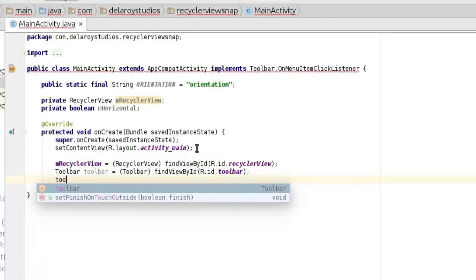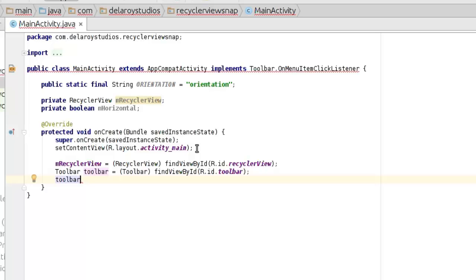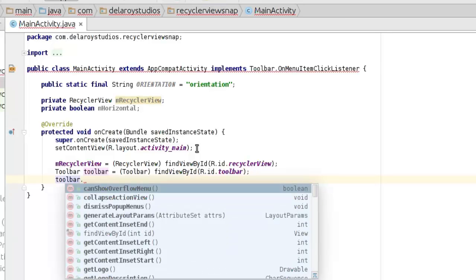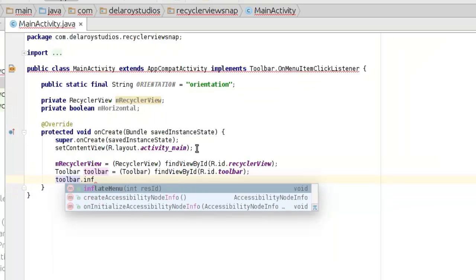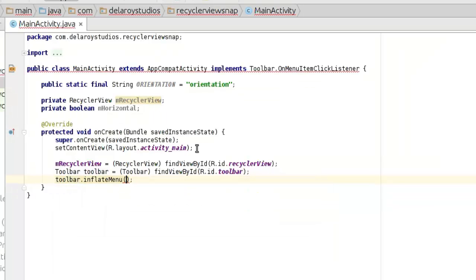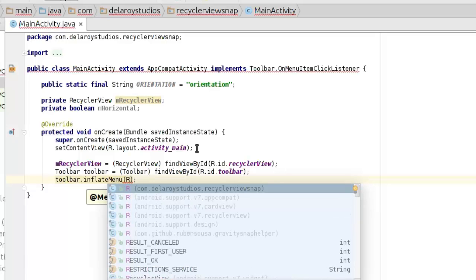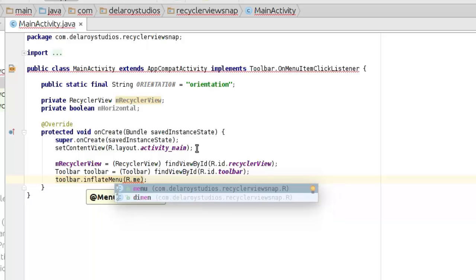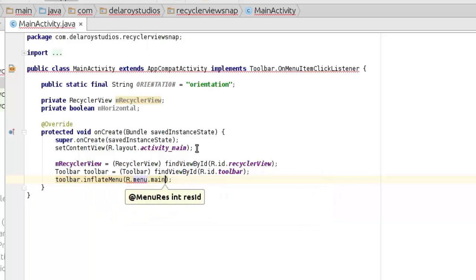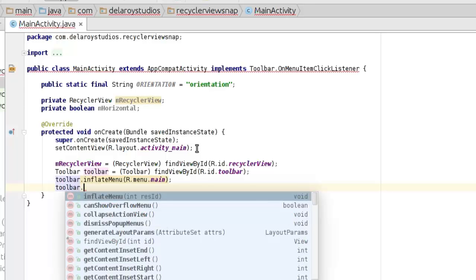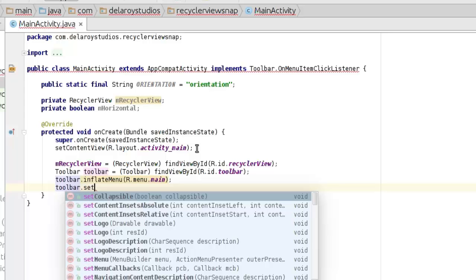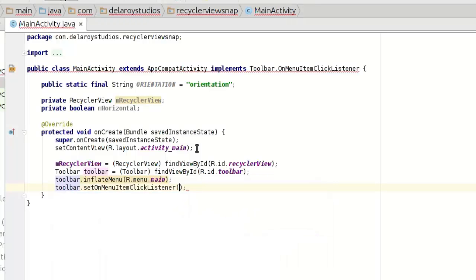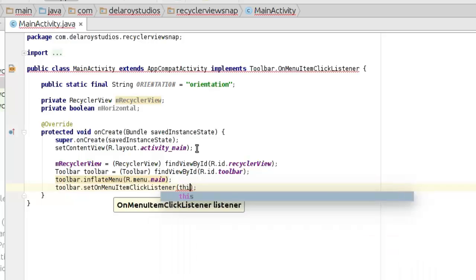Now the object created, we're going to call the inflate menu, which is actually for the menu main. Inflate menu. We're going to pass in the menu XML, which is called main XML. We have that set. We're going to assign on menu item listener set, so that it's going to be clickable to this particular class,